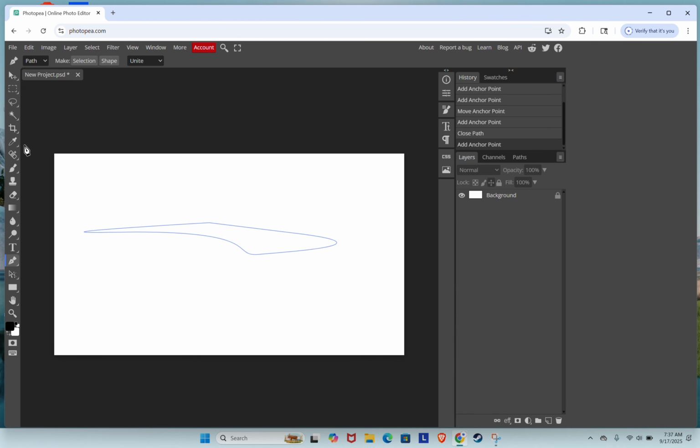And that's it. With Photopea, you can edit photos, create designs, and even work with PSD files, all without paying